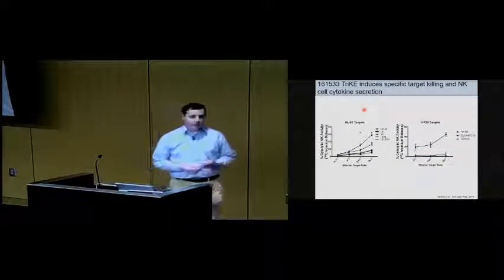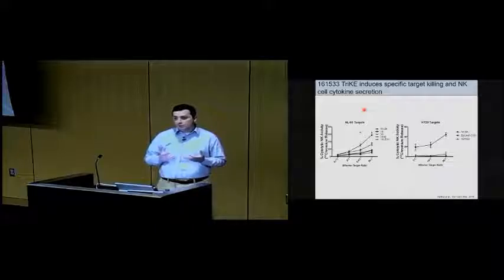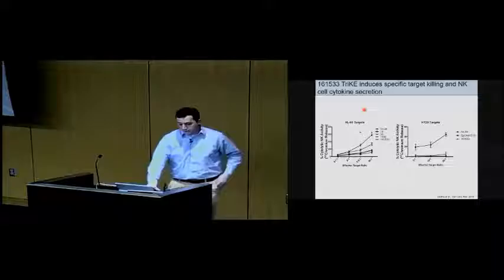So the way we test these molecules is by doing a chromium release assay. And in a chromium release assay, what we do is we load tumor targets with radioactive chromium, and we incubate them with natural killer cells alone or natural killer cells plus a variety of different molecules. And in this assay, we're doing